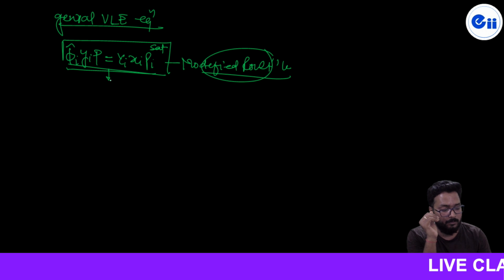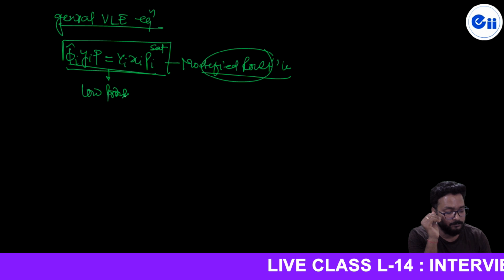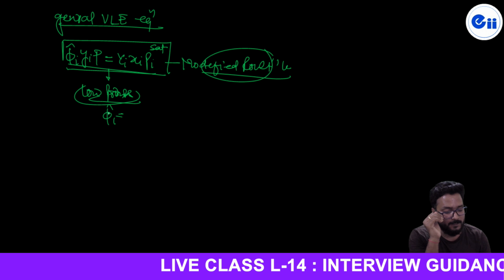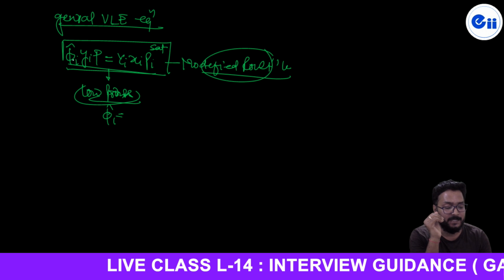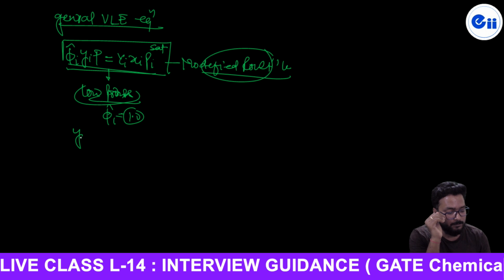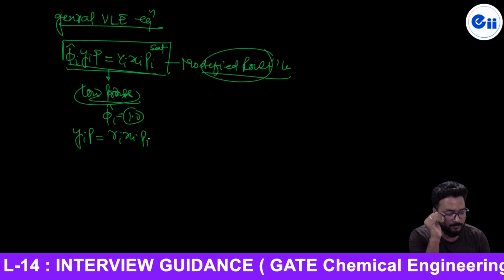And at low pressure, when the pressure is very low, the vapor behaves as ideal, meaning phi i cap, called the fugacity coefficient of species i in the mixture, becomes close to 1. In this condition, your equation will reduce to yi into P equals gamma i into xi into Pi sat,